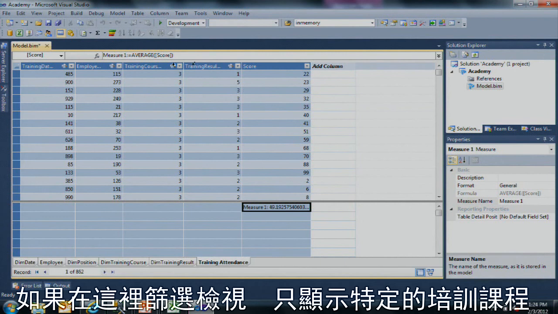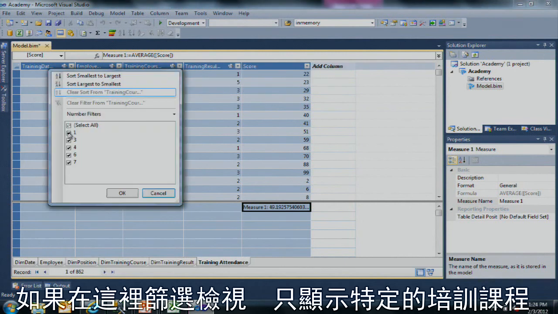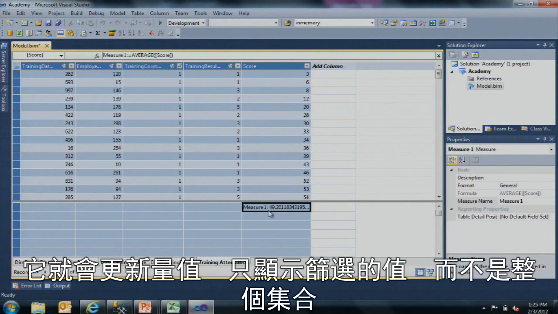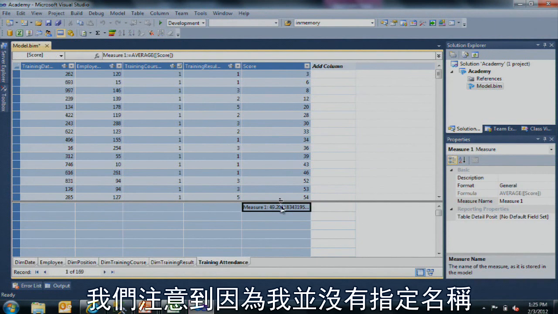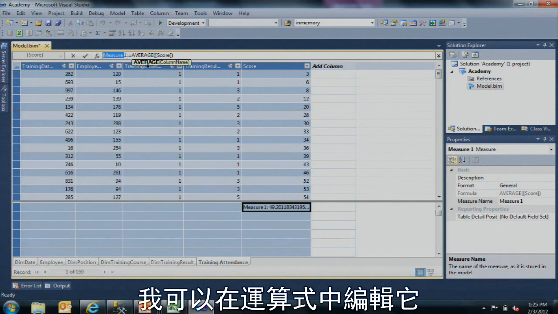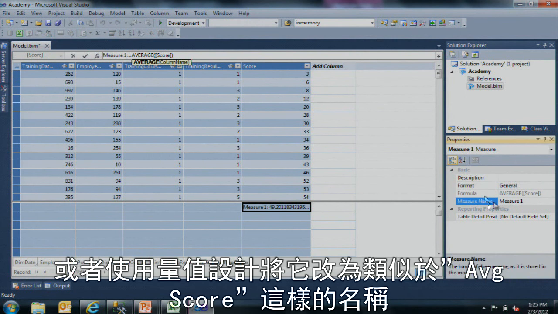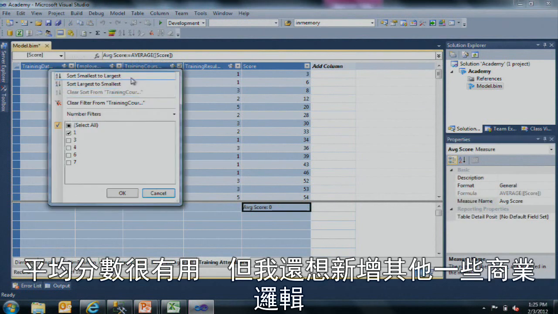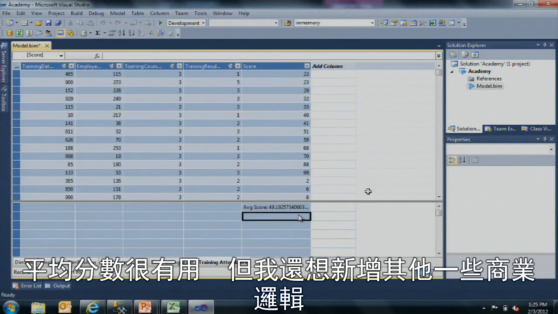If I go and filter the view here so that I only show, for example, a specific training course, it will update the measure so that it's only showing the filtered values rather than the whole set. You'll notice that it named it Measure 1 because I didn't specify a name. So I can either edit it in the expression itself or use the measure grid to go and change that to something like average score. Okay, so averages are interesting. Let me clear the filter. Averages are interesting, but